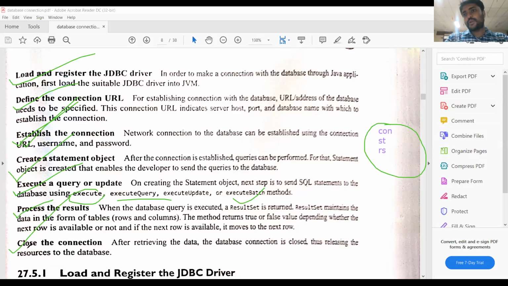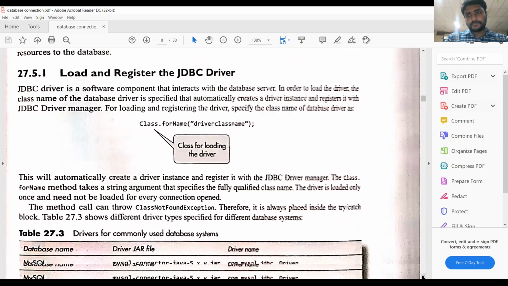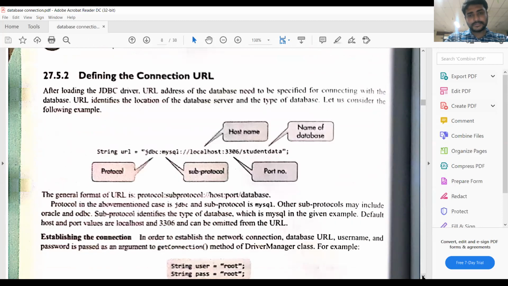Through the Java program, we are going to access the database. That is the ultimate goal. Through the Java application, through the Java program, we are going to connect to any database. We are going to connect to the database and we are retrieving the values, or we are doing some database management. We can apply the SQL commands or DML commands on the database through the Java application. So in order to do that, we need to follow these 7 steps. So already we have discussed these things.